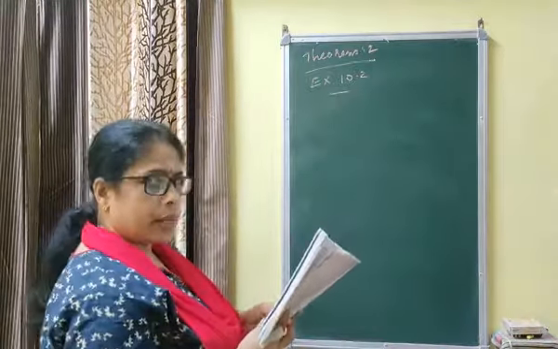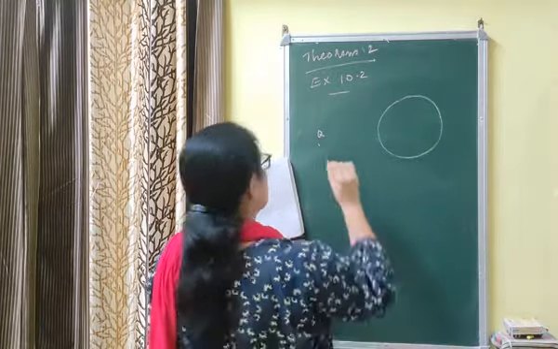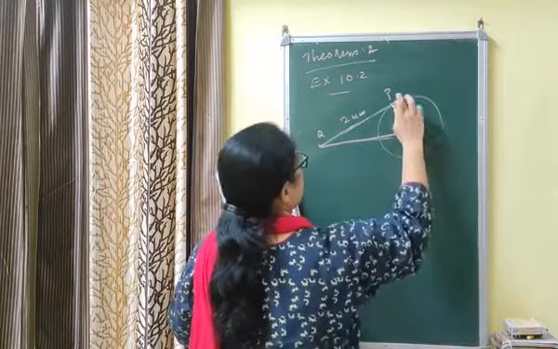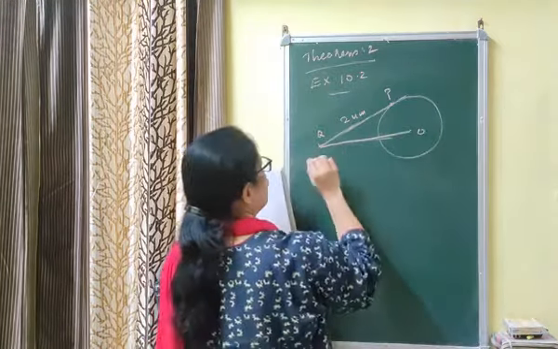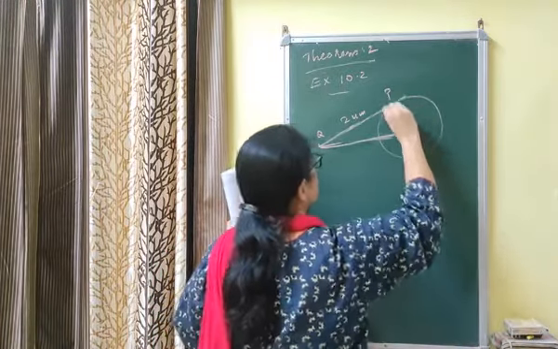You are given a point Q. From a point Q, what you are given? The length of tangent to a circle. That means you have to draw a tangent. Let PQ be the tangent drawn from the point Q to the point P, and you are given that the length is 24 cm and the distance of Q from the center is given as 25. This is PQ is 24, QO is 25. Let me draw once more. And this is to be joined. This is 25. You are asked to find the radius of the circle.